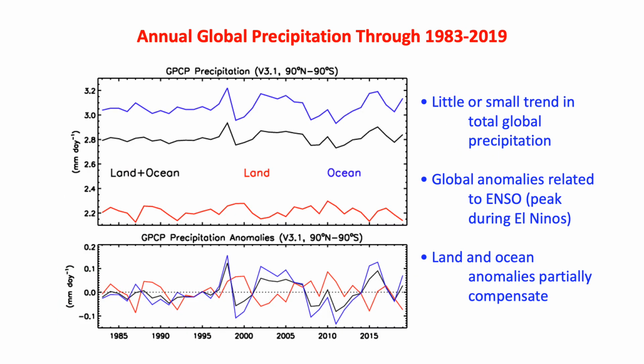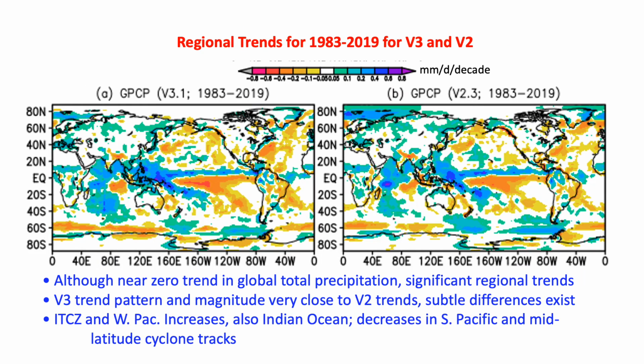If you go to global totals and look at the whole time history from 1983 to 2019, you can see in general there is little or very small trend in the total global precipitation. The global anomalies are related to ENSO, that is, there are peaks during El Niños, and land and ocean anomalies partially compensate. However, even though the global total is really trendless, there are regional trends, as can be seen here